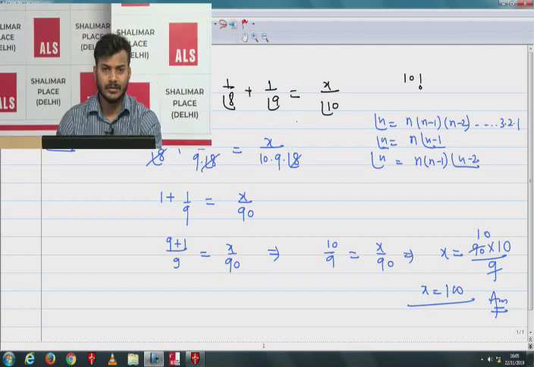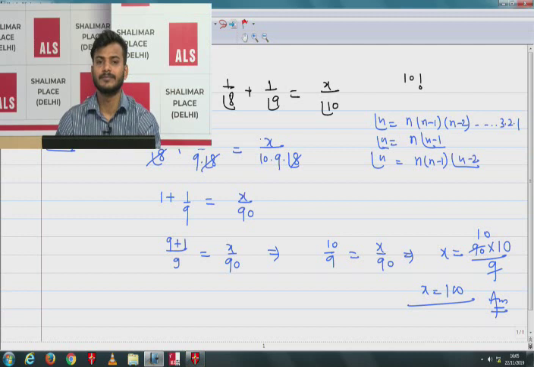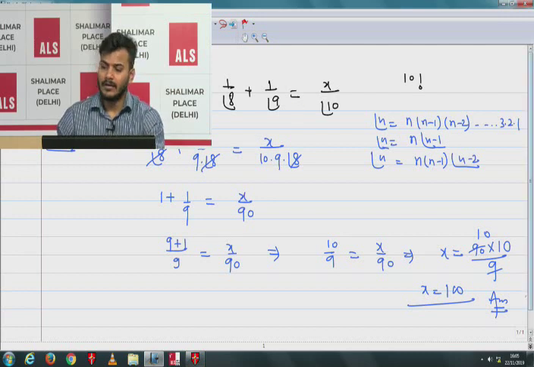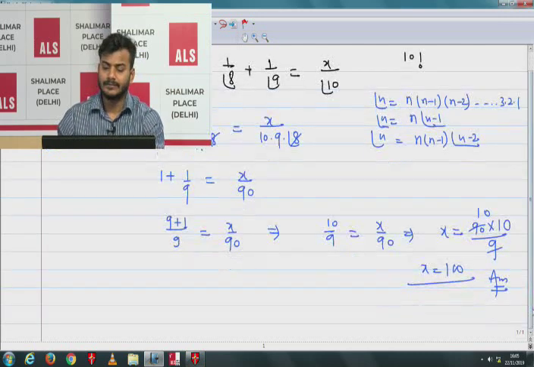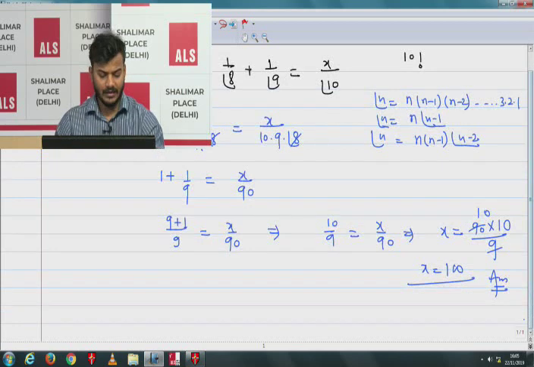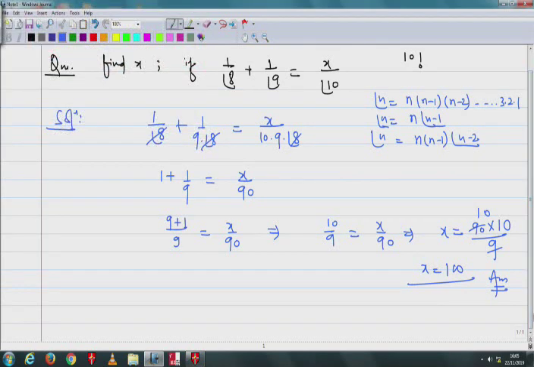So instead of writing 8 factorial, better if we can cancel it. That's the whole motivation of this problem. Next is, have you copied, Lahnam? Tell me. Very good. Next problem is,